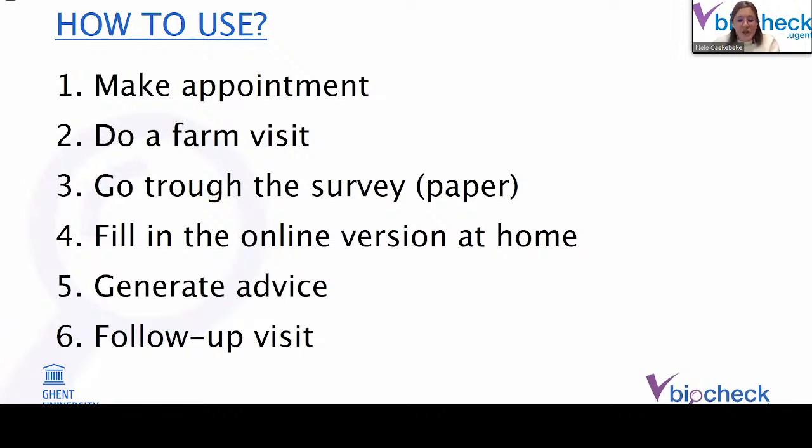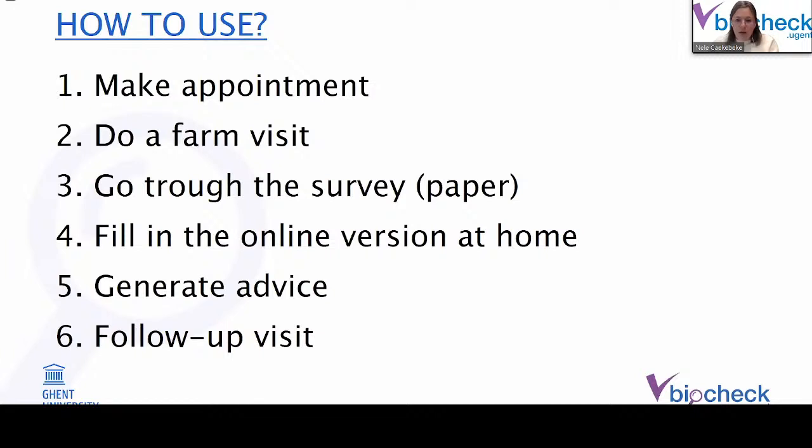You can easily switch in between questions, but also you can make notes. Especially if you're doubting about a certain answer, you can just write it down and maybe come back to it later when you're just at ease at the table with your farmer having a coffee or whatever. So that's why we advise on that, because that will give you the best representation and the best audit as